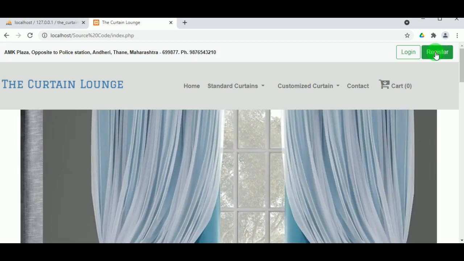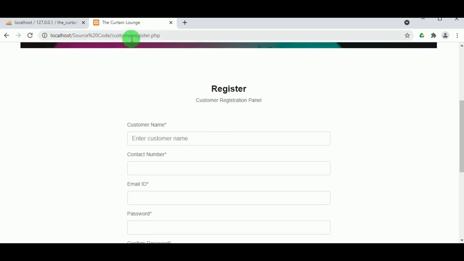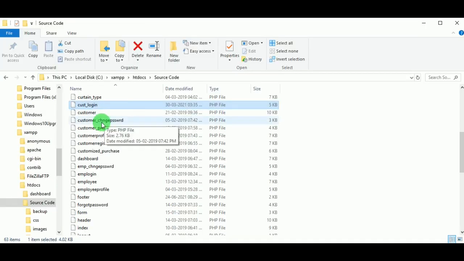Now let us see about register. So on clicking on register, you are redirected to the customer register.php file. Here you can see a form where you have to enter the details. So let us open customer register.php.